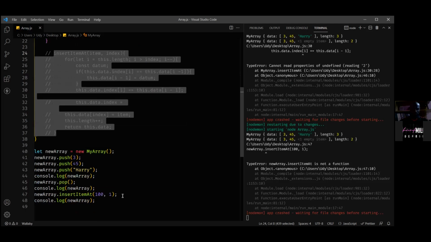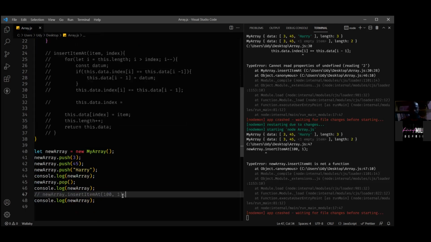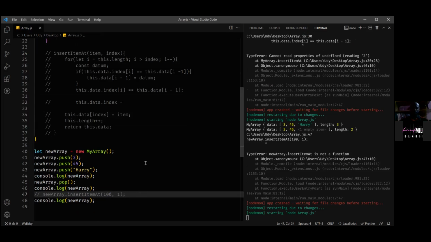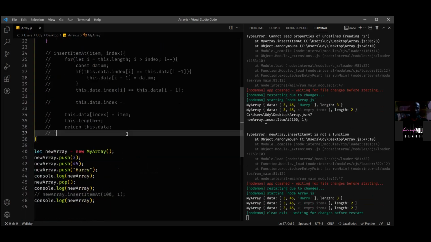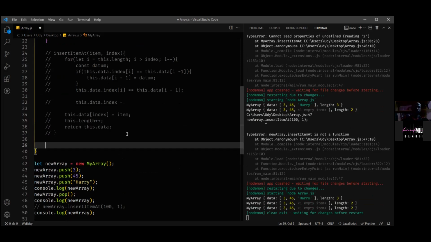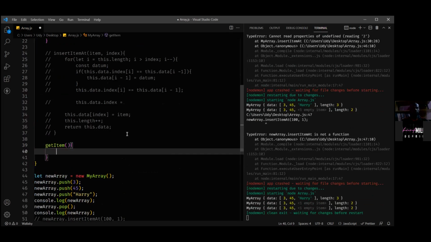Okay, let me comment out this insert method down here. So then the other thing that could happen in an array is accessing, using the index of the array, to get the value of the item at that position. Let's say that we want to get an item at a particular position.